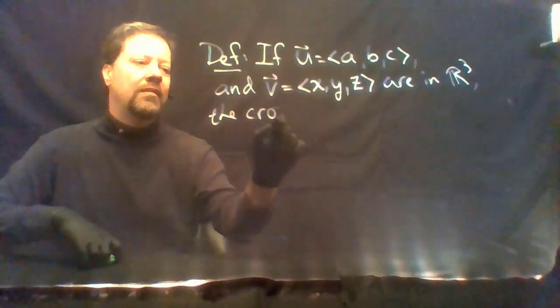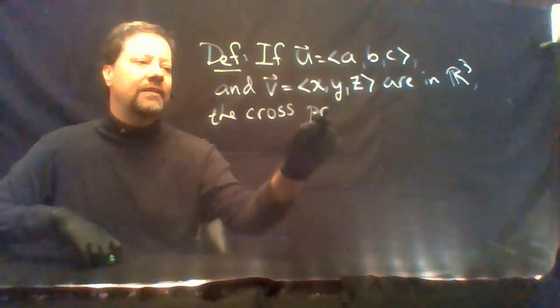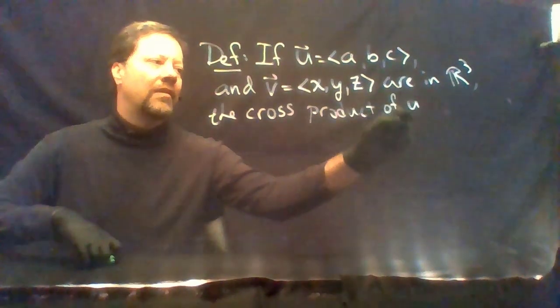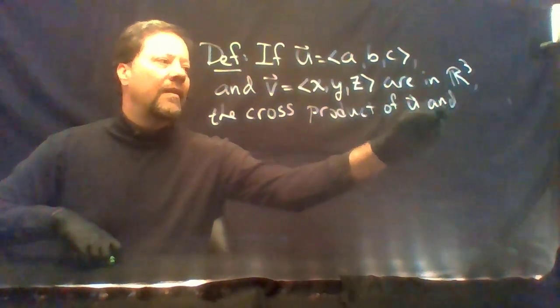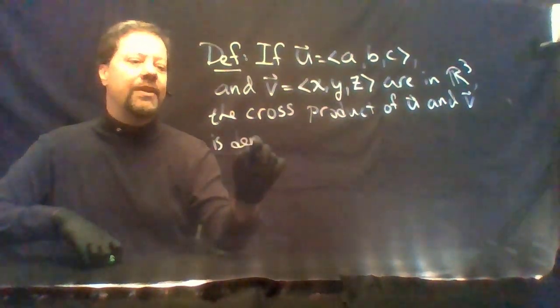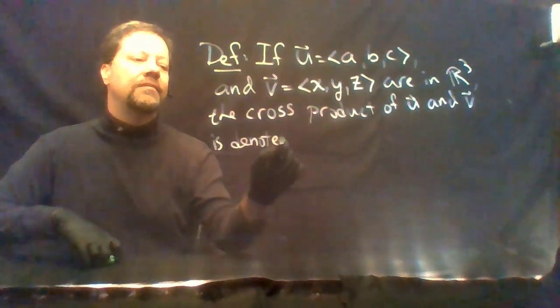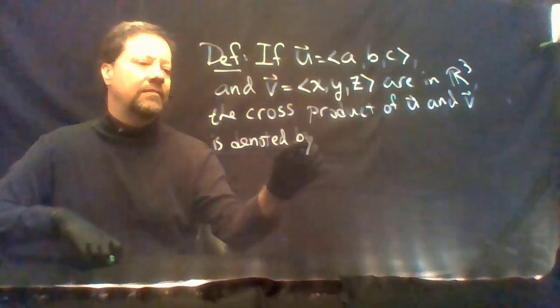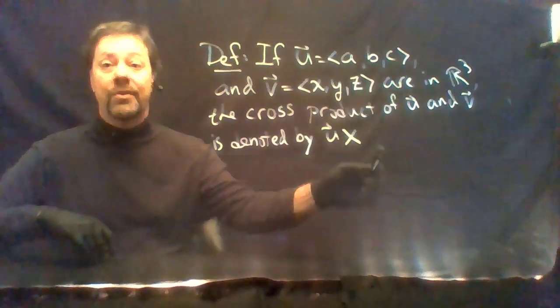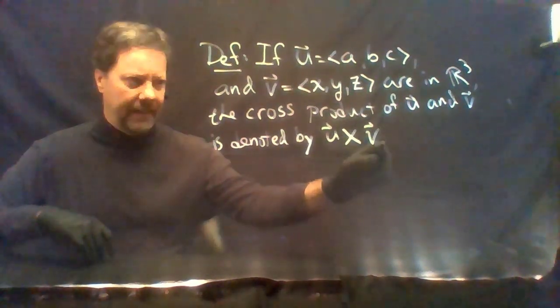The cross product of u and v is denoted by u with a conspicuous cross v